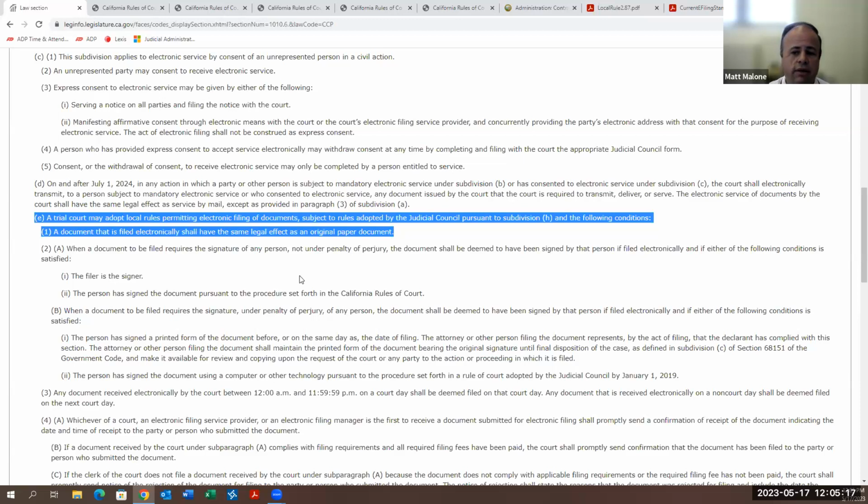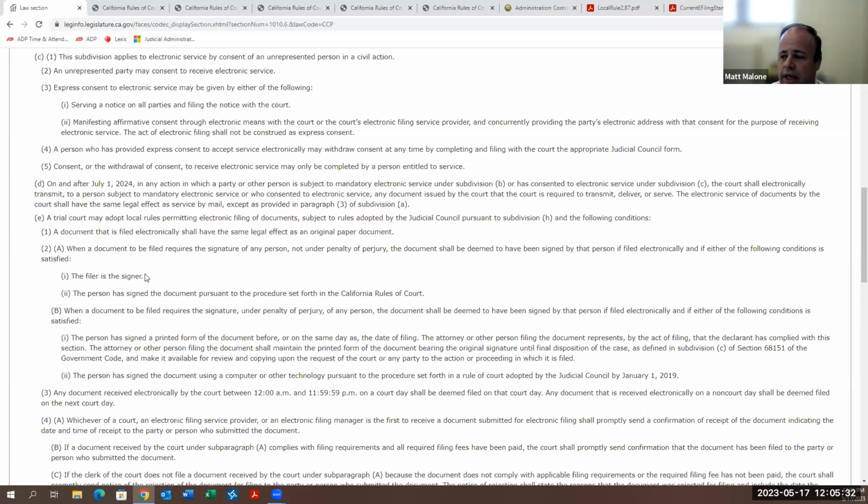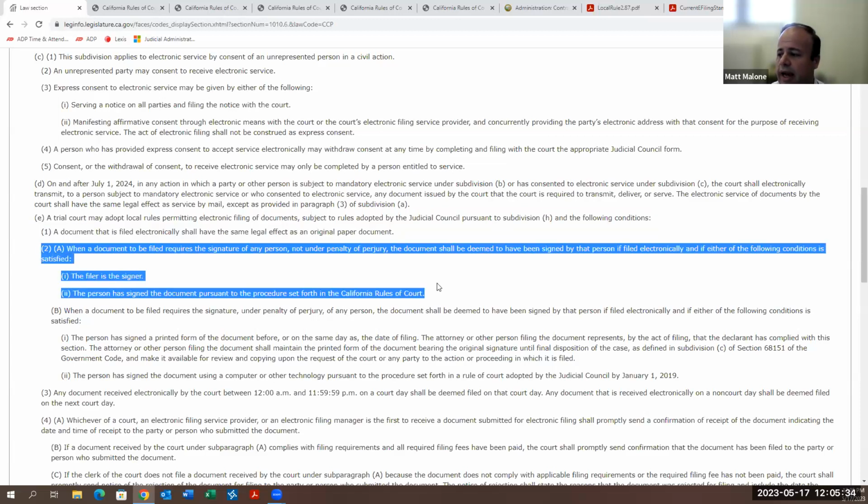It becomes a little more complicated when we are talking about declarations or other items that are signed, and it changes depending upon whether they are signed under penalty of perjury or not. As you will see, E2 here and E2A in particular, when a document is signed but not under penalty of perjury, it's going to be deemed to have been signed by the person if it's filed electronically, and either the filer is the signer or the person signed the document pursuant to the rules of court.